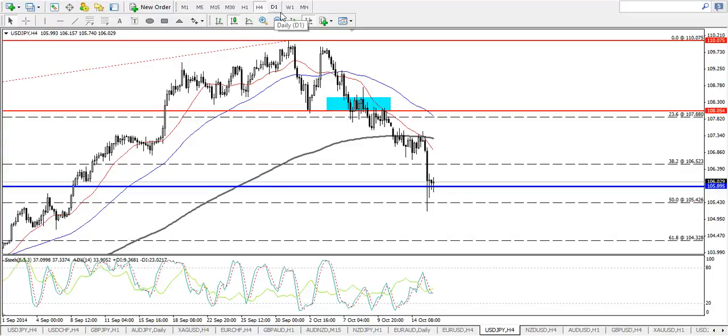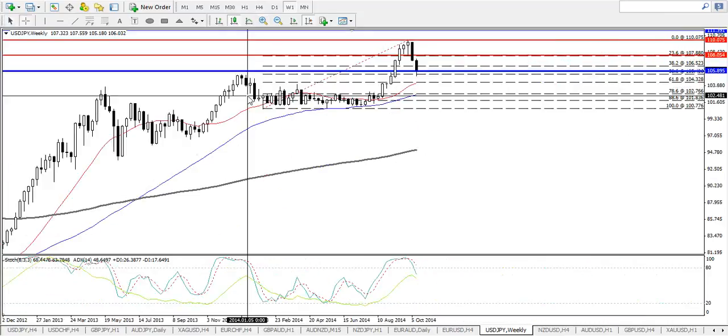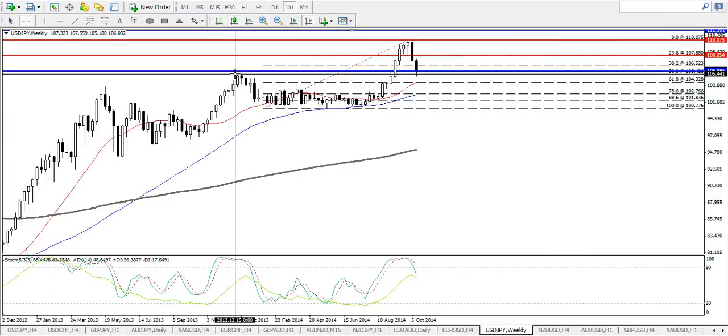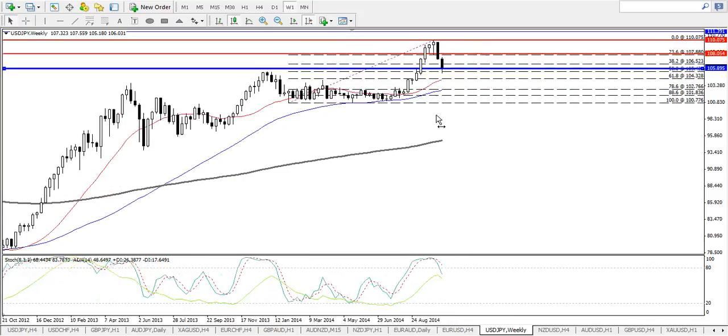This level itself, I'll bring to the weekly chart itself, is one of the previous highs. All right, this is Fibonacci retracement 50%. It is somewhere at the previous high back in 2013 at the end of the year in December. So that could potentially mean that this is where the price might rebound, and